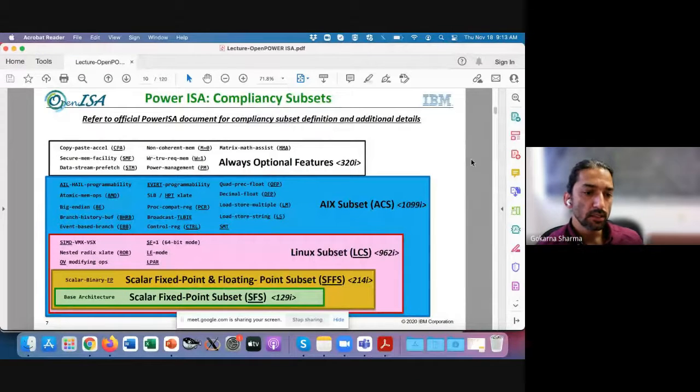So here, compliance subset, if you look here, the base architecture has 129 instructions. And then if you go to the combination of scalar fixed point plus floating point subset, then you will have a total of 214 instructions. If you go to the Linux subset,